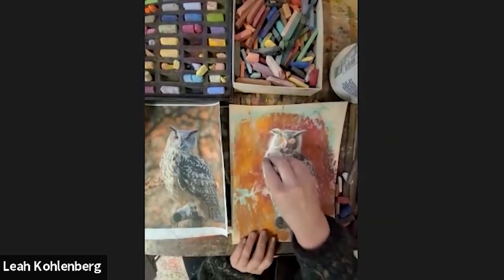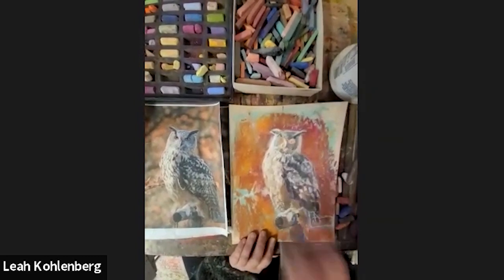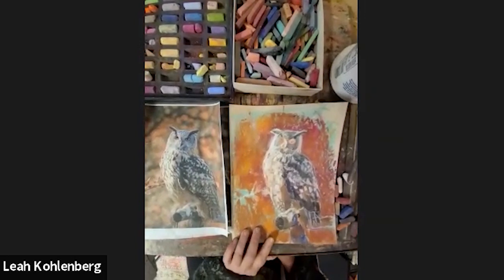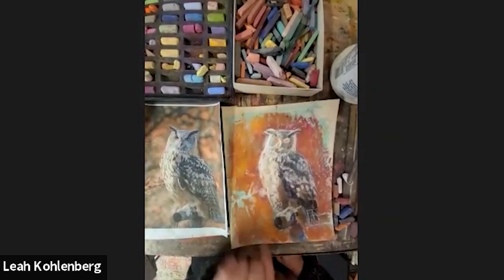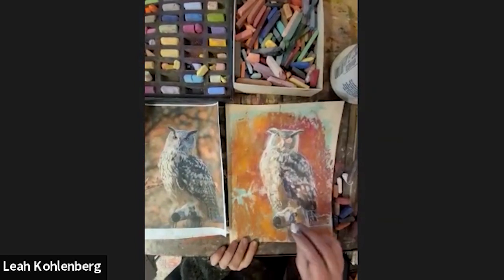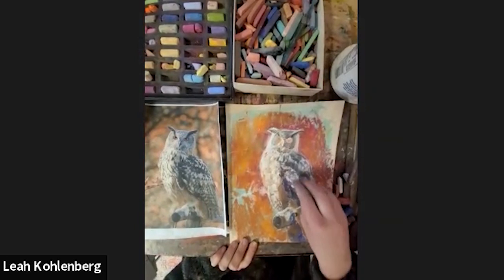Here's my white. See how I'm pushing that light side? Even though there's light on both sides, it's lighter. So I'm just continuing to push the lights a little bit more. And then,